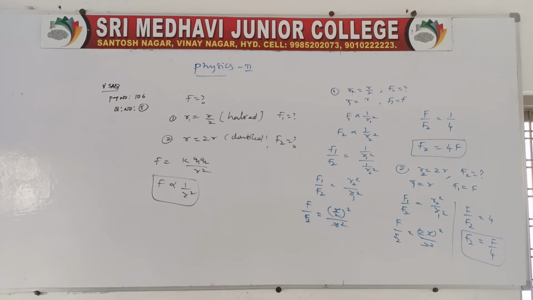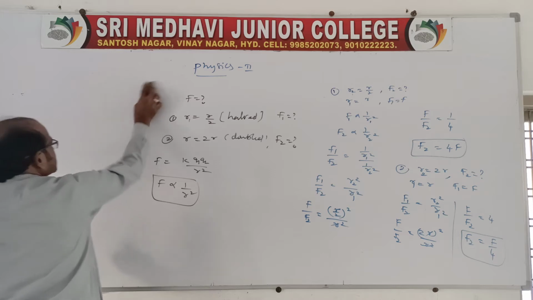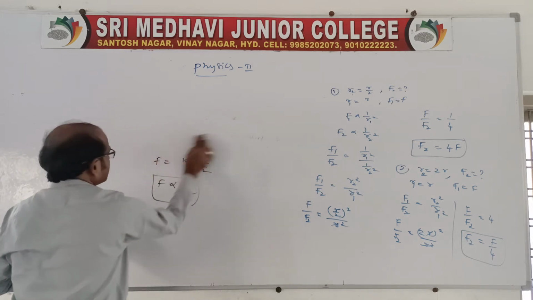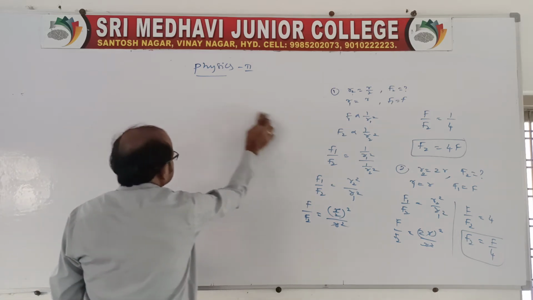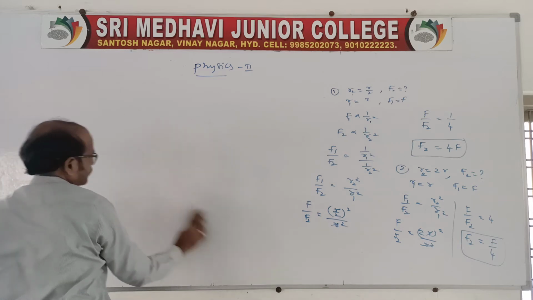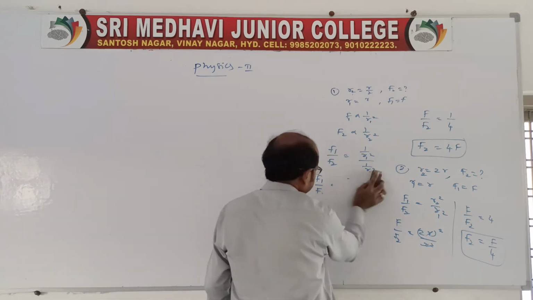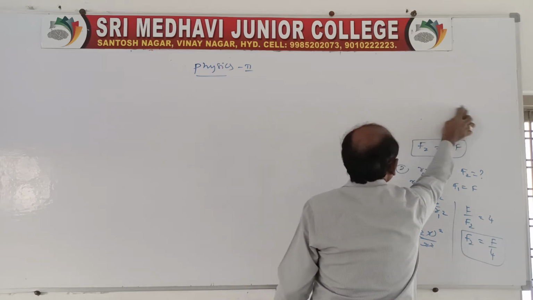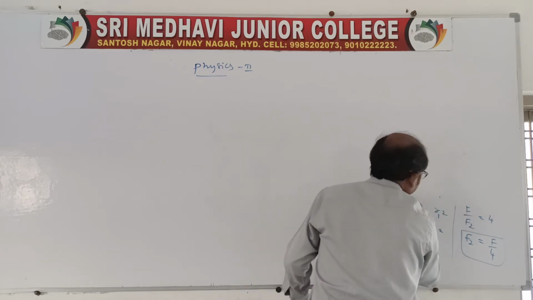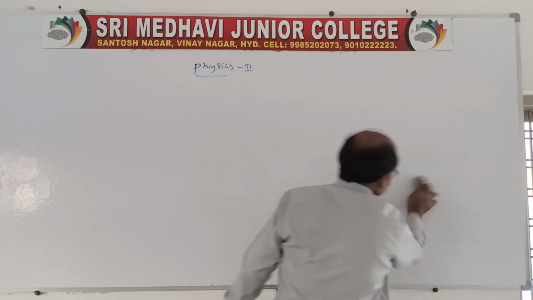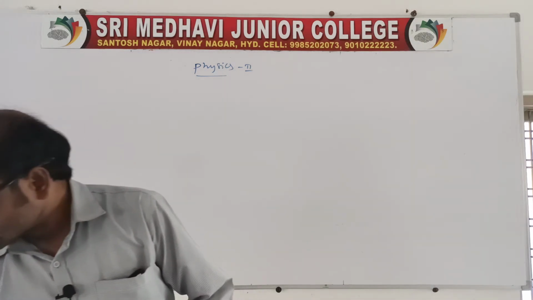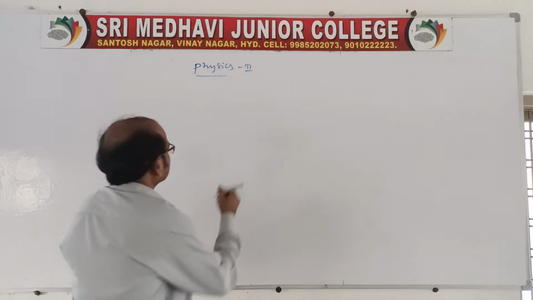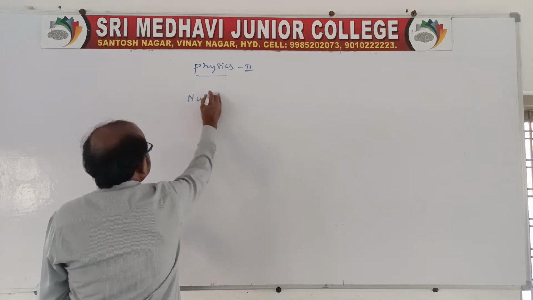See, before going to that, I'll explain another concept related to Coulomb's inverse square law. See, there is a question asking to find a null point. Sir, what is meant by null point? The null point is nothing but the point where the force due to two charges is 0, that is, the net force is 0 at one point. See here, look at this, this is the concept related to the null point.